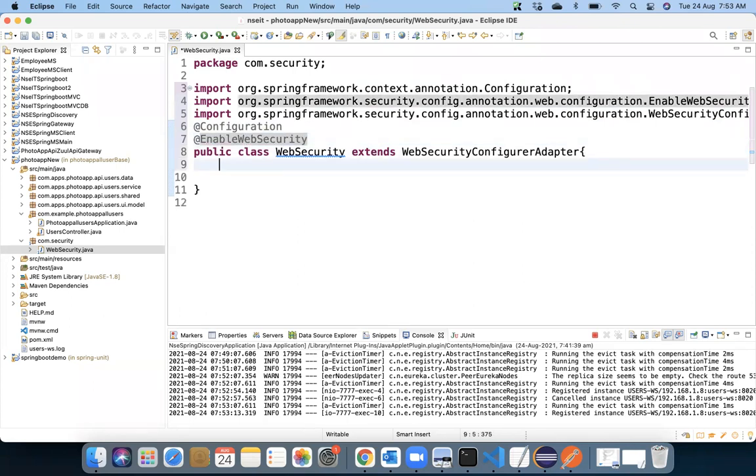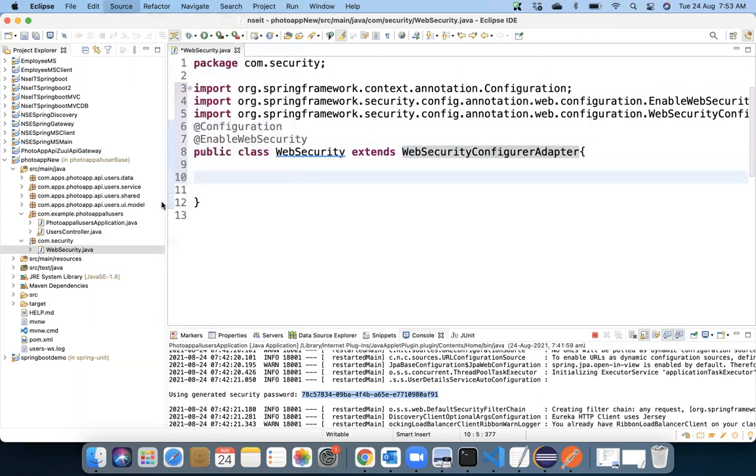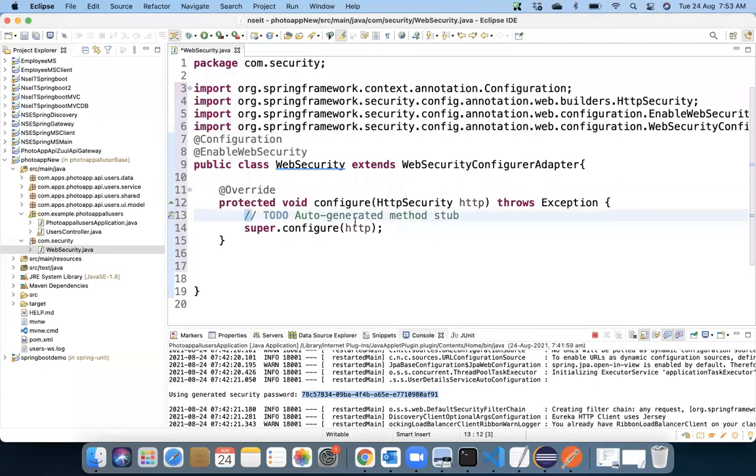After that, since this class contains many constructors and methods, I will go to Source and choose Override or Implement Methods. There's one method I need to invoke called configure, which takes HttpSecurity as a parameter. Here we want to write logic.